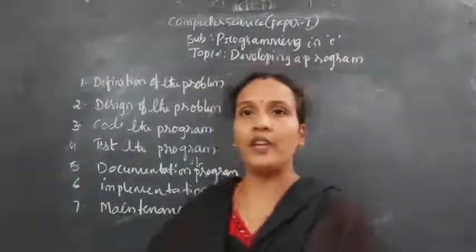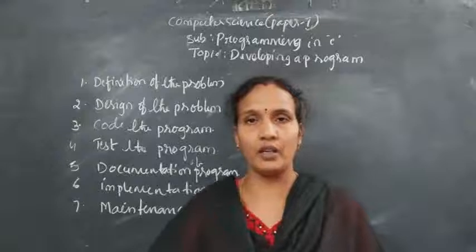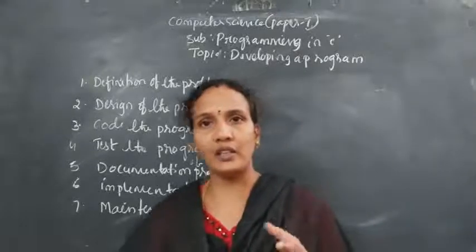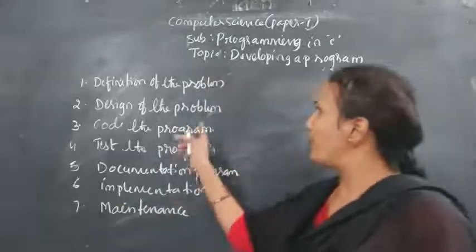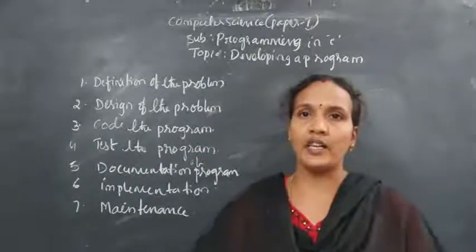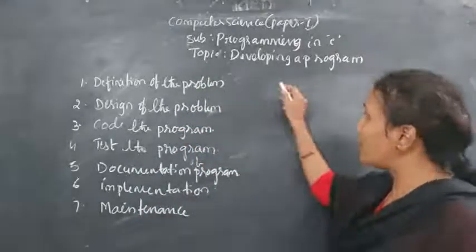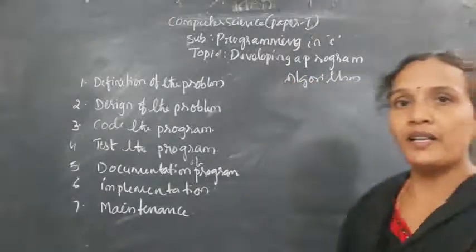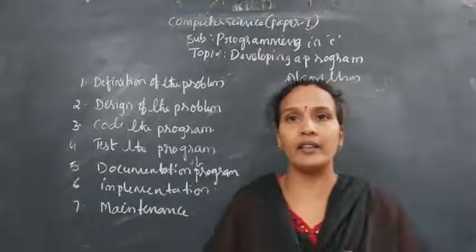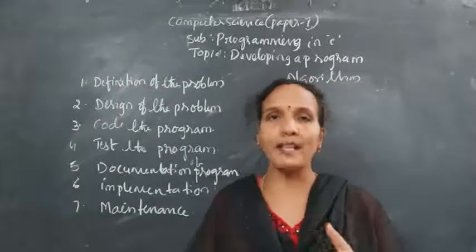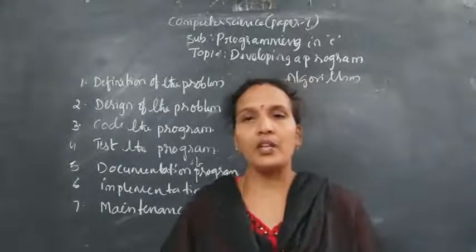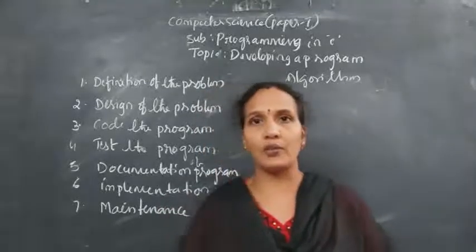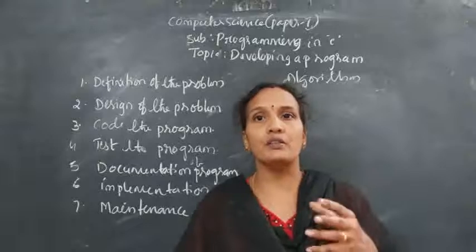So when you have given a definition of the problem, what you are expecting from a system, what you are expecting from a program, when you have given that output information, the next step is designing of the problem. Designing of the problem means here we design an algorithm for the program. Means here we'll give the step-by-step procedure how to get the required output. Complete path will give. So whatever problem you have defined in the first step, in the second step we'll give the algorithm.